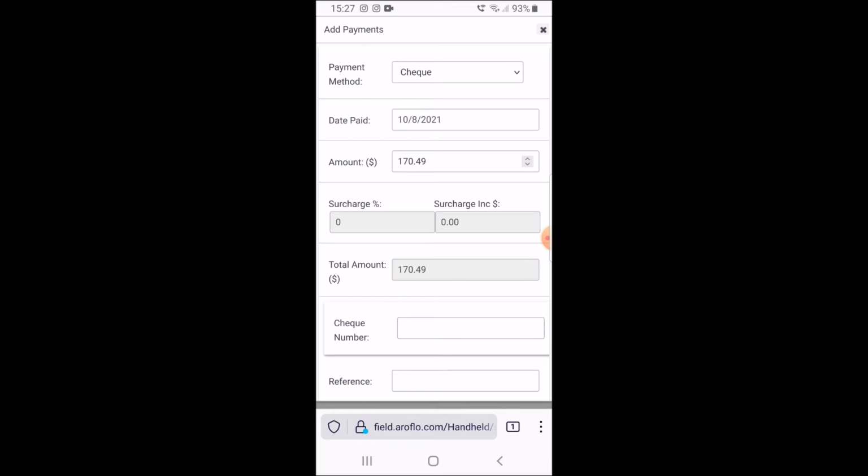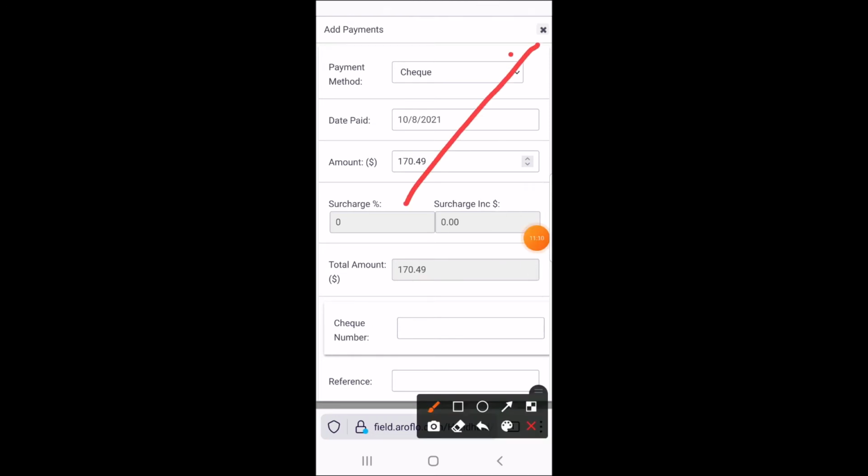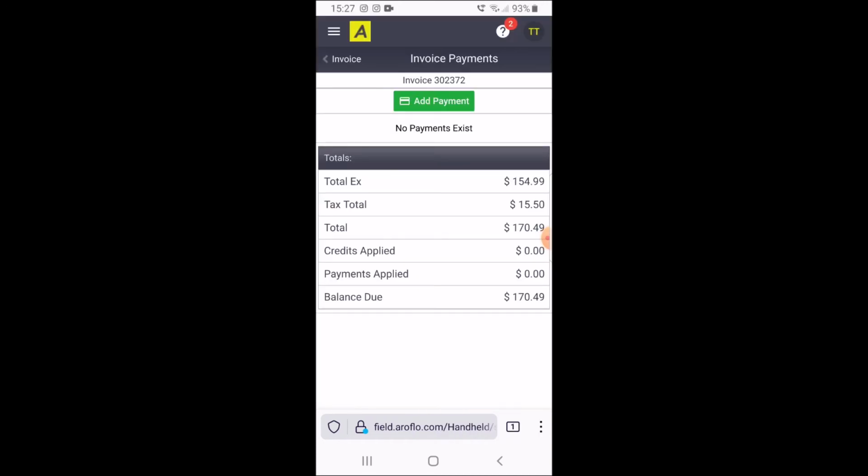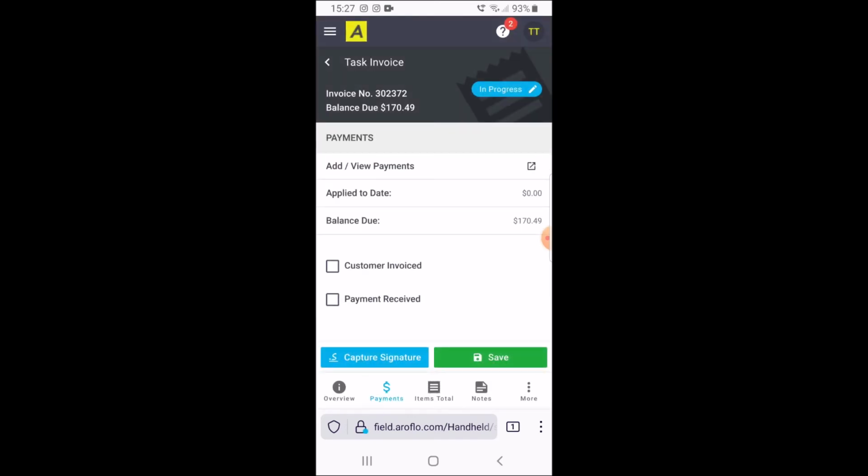So I'll just close the invoice payment section, and then I'll go back to the task. Okay, so now that we are here, to change the time, for example, or any other item, for example, parts that you've used, you need to go in items, which is just right here. So click in there,